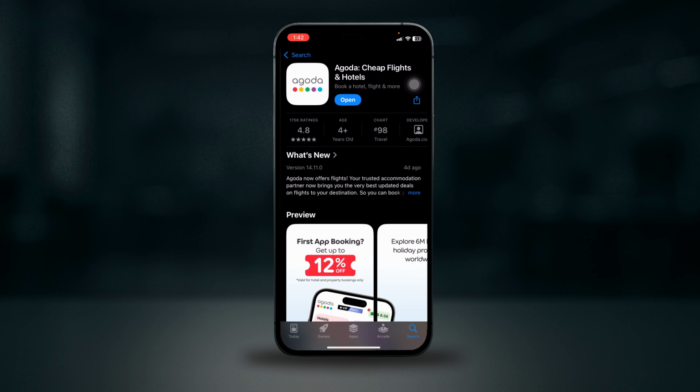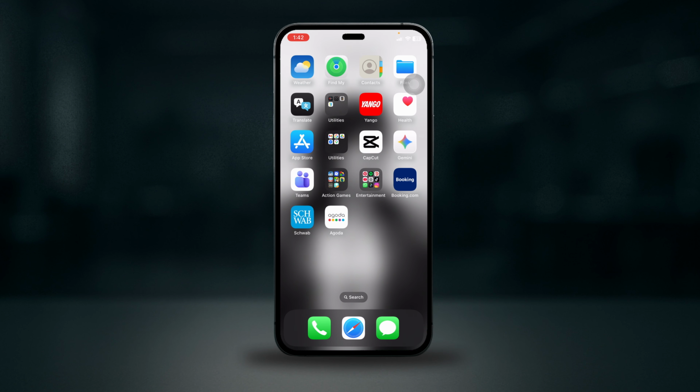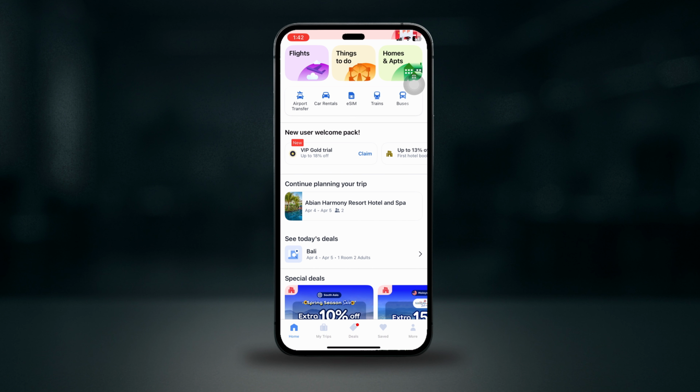Then head over to your App Store or your Play Store, search for Agoda and make sure that the app is updated to the latest version from the Google Play Store or App Store, as updates usually fix bugs and improve performance. Now, if the issue still continues, uninstall and reinstall the app to remove any corrupted files and install